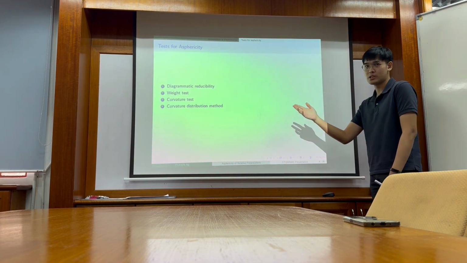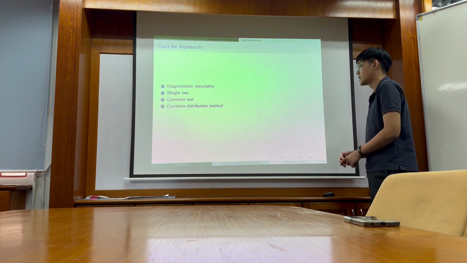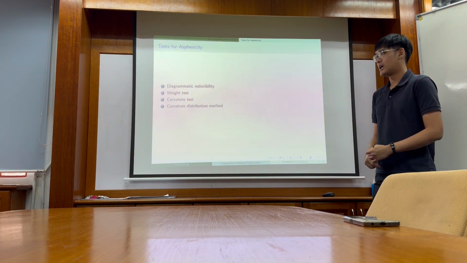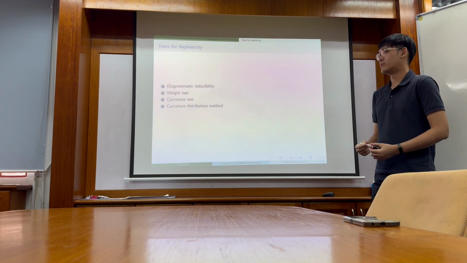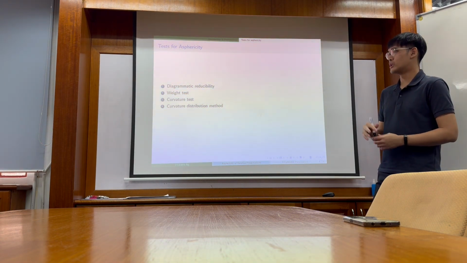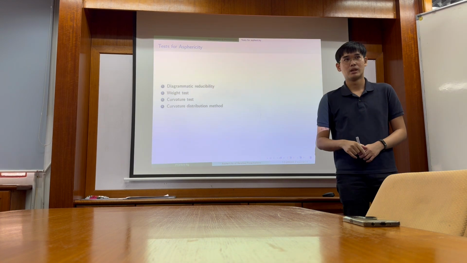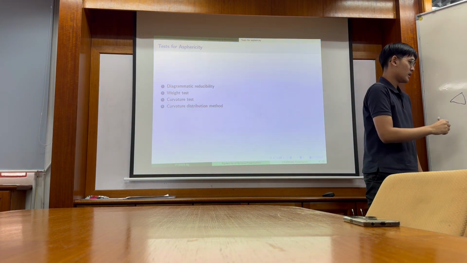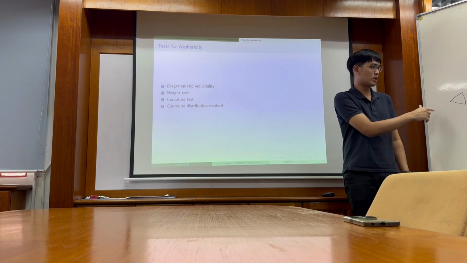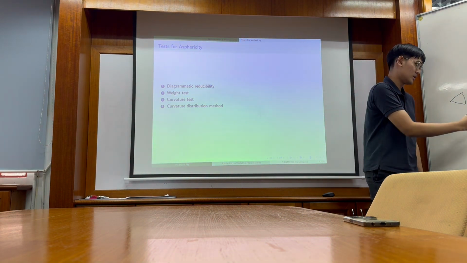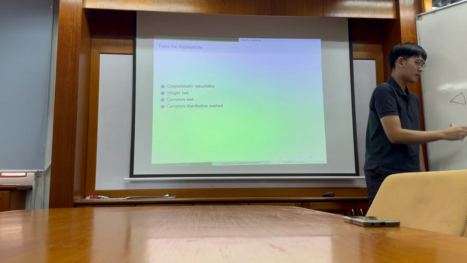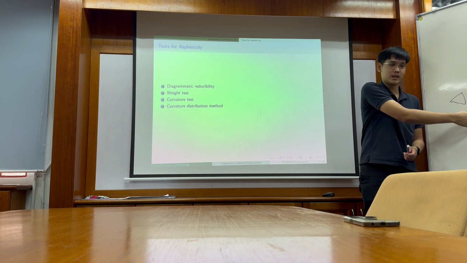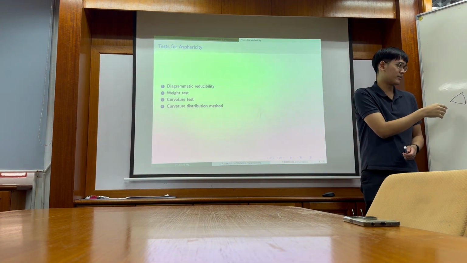Curvature distribution method is applicable after the curvature test. So in this method, we consider back the same picture as before, and we first locate the regions of this picture that have positive curvature, which we shall denote by delta. And we locate the neighboring regions around delta with negative curvature, which we denote by delta hat. And then we distribute the positive curvature of delta to delta hat, such that the curvature of delta is now